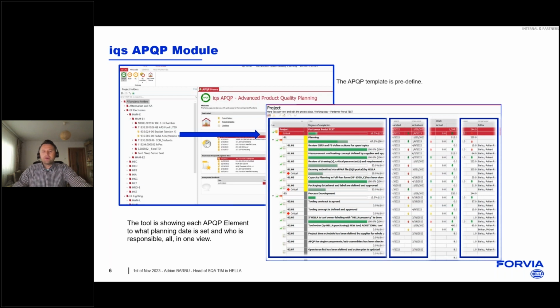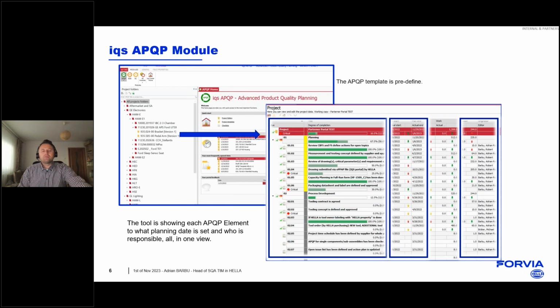Of course, out of this project base, we are also able to extract different data reports, which help us understand which regions or locations are having difficulties in the approval of our products. The products that are developed with our suppliers require, and it's a must within our organization, that they use this system.